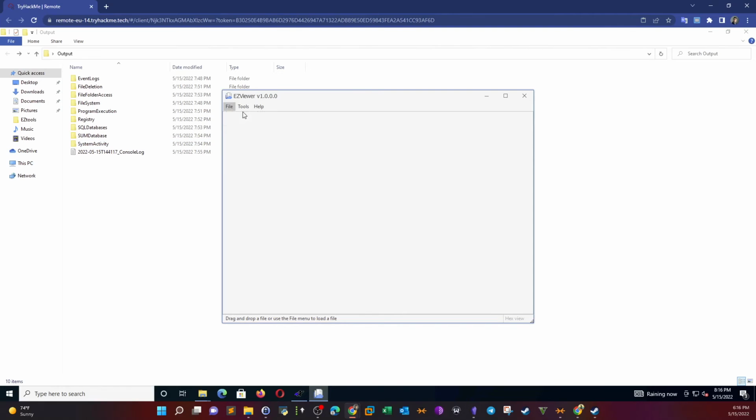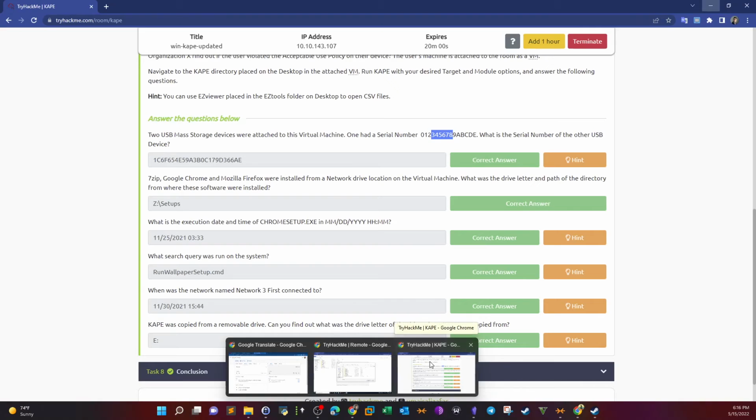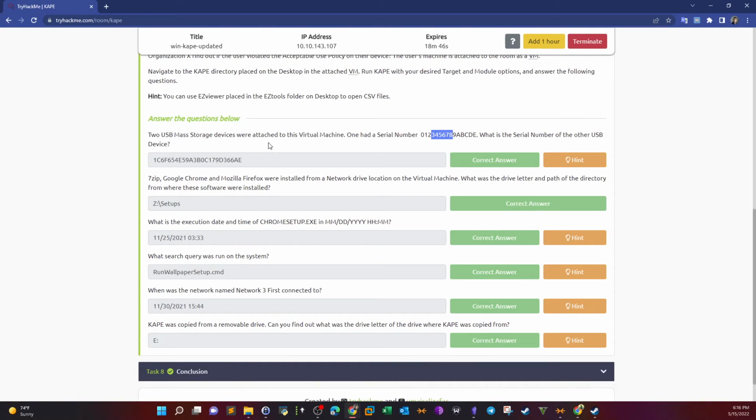So this is opened. Now we go to file open, and then we go to output. Since here we're looking for information about the USB device connected to the virtual machine,